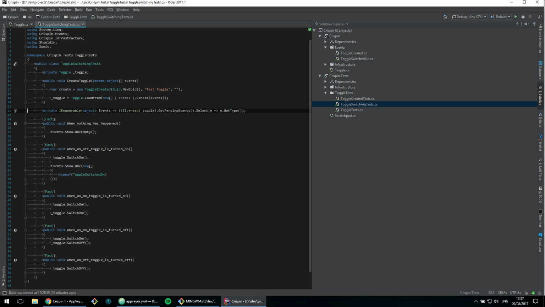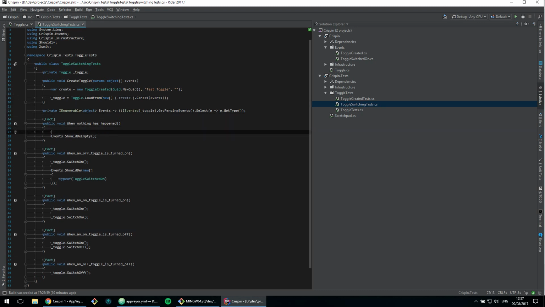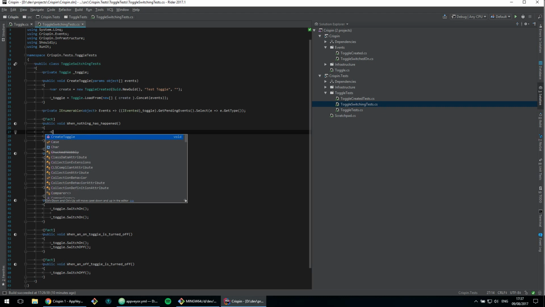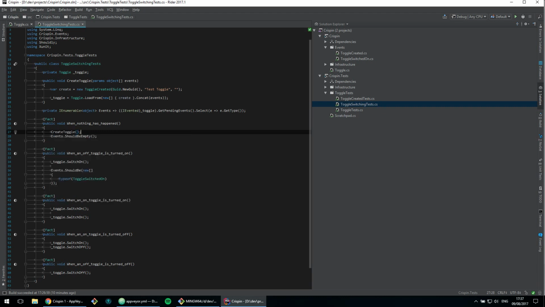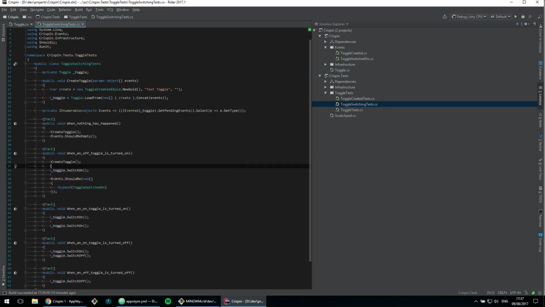Yeah, I think that'll do it. So here we say create toggle and do nothing. That'll create us one in the default state. This time we want an off toggle which is turned on, so again we don't need to do anything, just